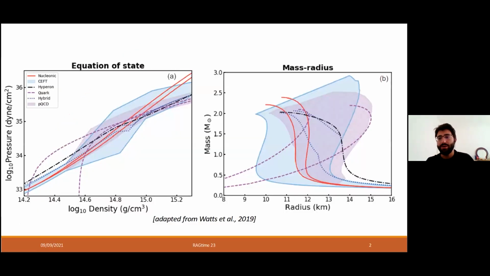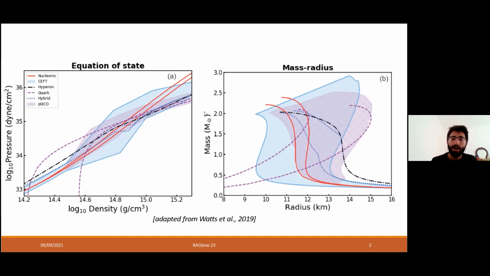So you've heard all about neutron stars yesterday, and I will not talk about them that much, but I will just try to remind you that the equation of state of neutron stars is, of course, one of the big open questions in astrophysics and in simply nuclear physics right now. And of course, the main problem is that we cannot measure directly pressure and density in neutron stars. But what we can do is measure, for a certain neutron star, its mass and radius. And then from there, we go back to the equation of state,